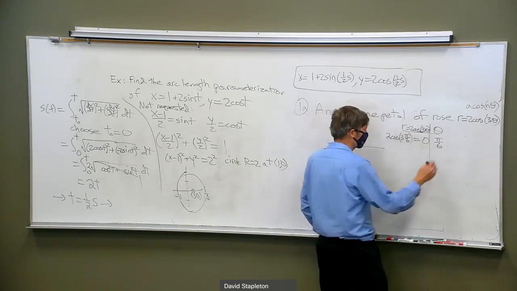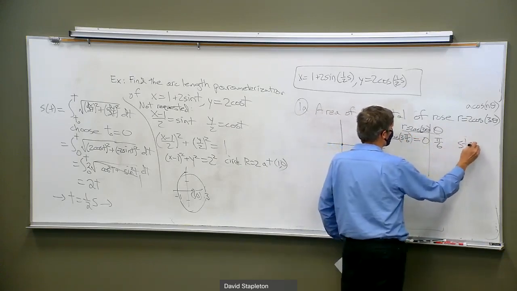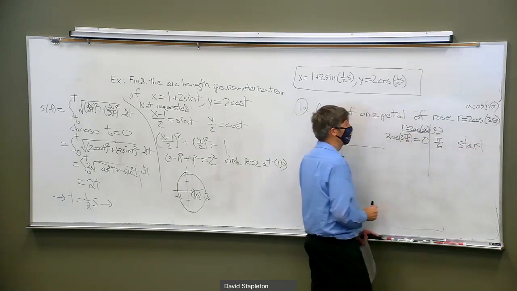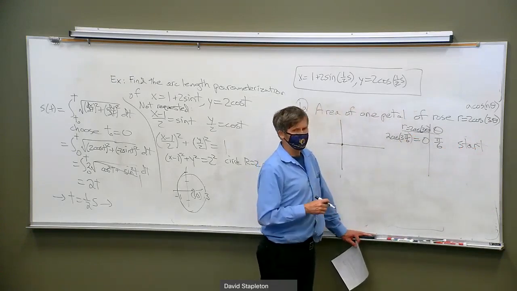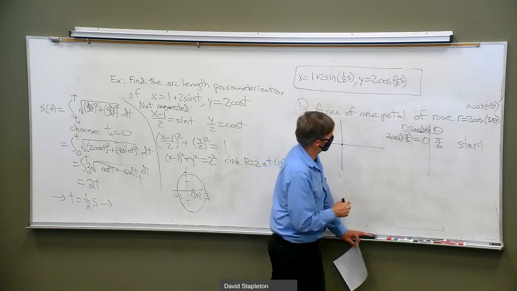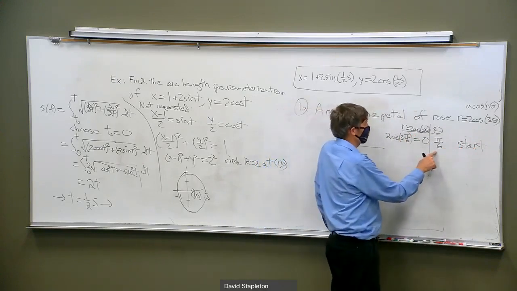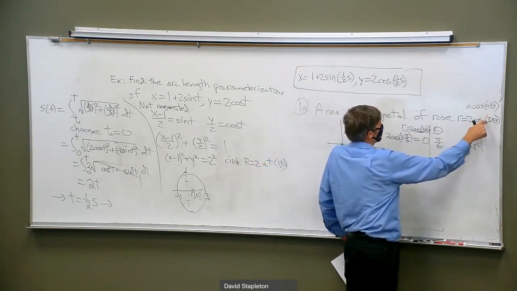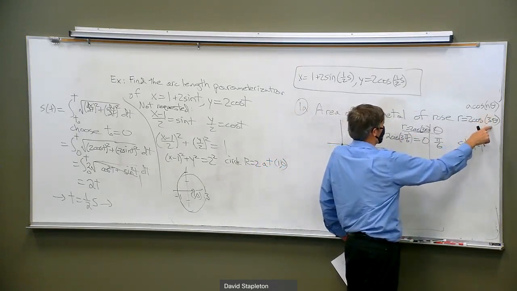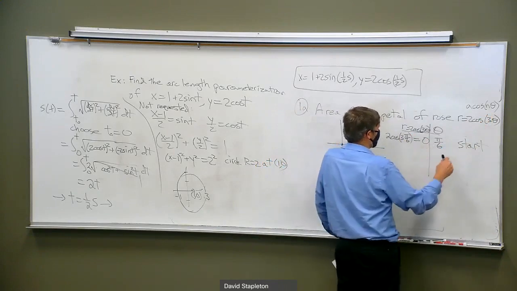Then you have to ask yourself, when is the next time that cosine is equal to 0? That's where the first petal ends. This is where the first petal begins. What's the first time after pi over 6 when cosine is equal to 0? Well, cosine is equal to 0 next when this is 3 pi over 2. So now we need